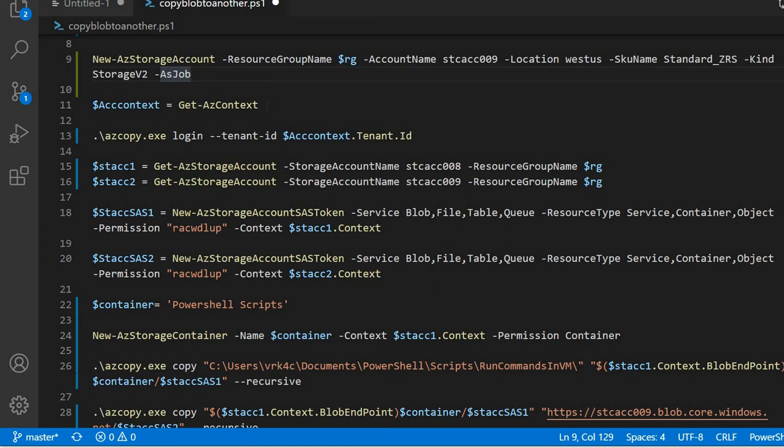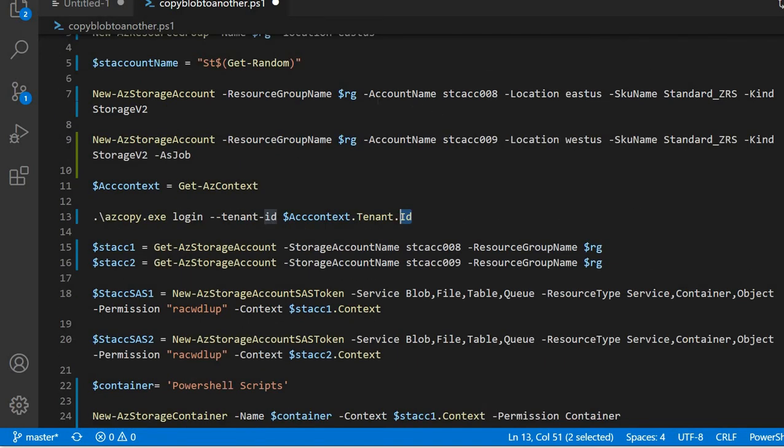Then I'll be taking the account details, which you can get for the account where you have been logged in through Get-AzContext. After this, if you want to use AzCopy, you have to log into that particular account. If you have any issues while logging in, it's recommended to use the tenant ID. So I get the tenant ID from the account context, go to the tenant, and request that particular ID, and it gives me the tenant ID. That's how I log in, and I'll show you how I'm logging in.